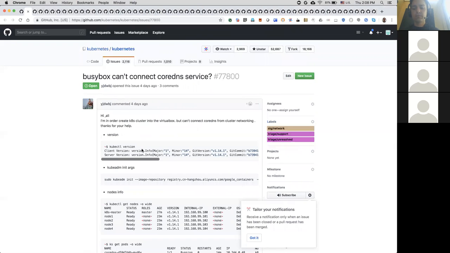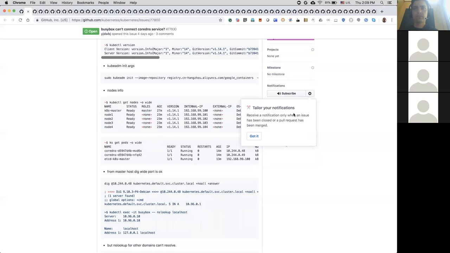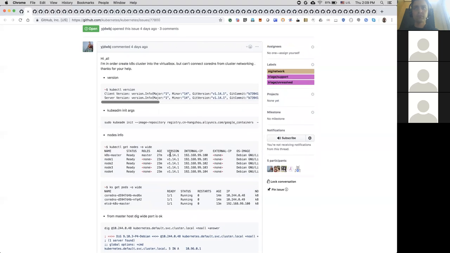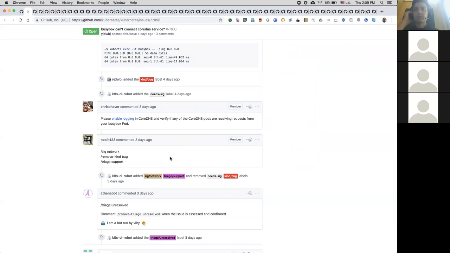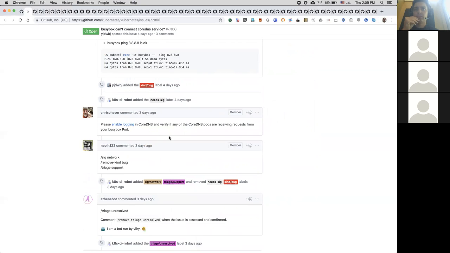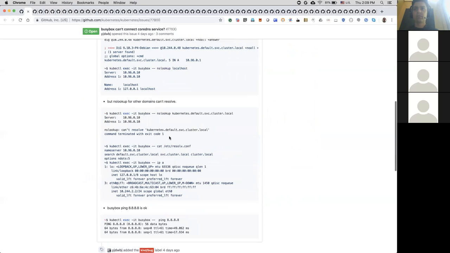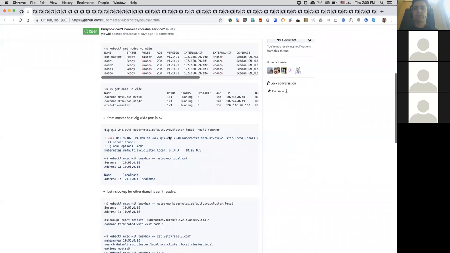Okay, BusyBox cannot connect to CoreDNS services. My guess is networking is not up and running. Do you know what it is when that happens? Well, it's like Chris is already on it. I saw him on the call.